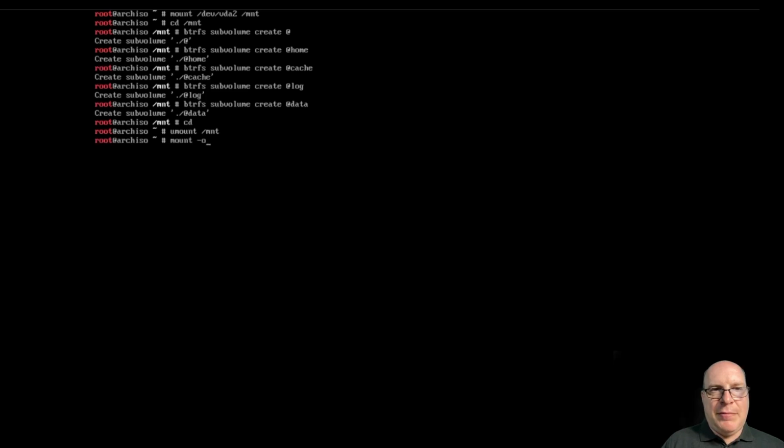Next, let's mount with the options noatime, compress=zstd, space_cache, discard=async. Subvolume will be the root subvolume. The device is /dev/vda2 on /mnt. And hit enter. Cool. Now that we've got that mount taken care of, let's create the mount directories with boot/EFI,